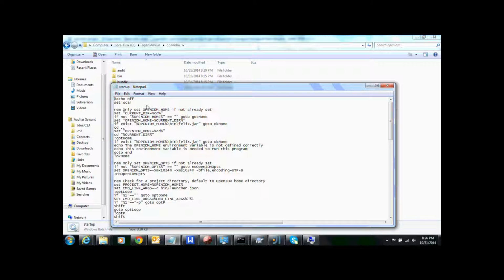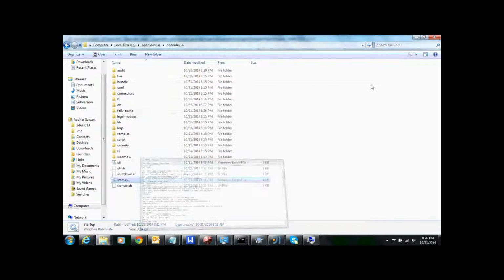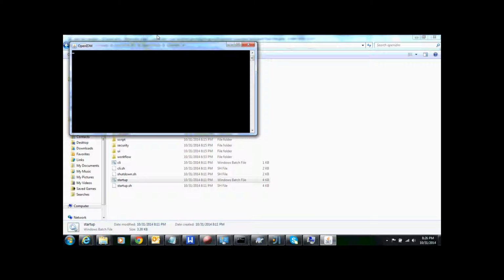So you can do an rm felix-cache in Linux, and similarly in Windows you can write the appropriate commands to delete it. So this is how it is. You need to clear the Felix cache, and then if you do a restart,